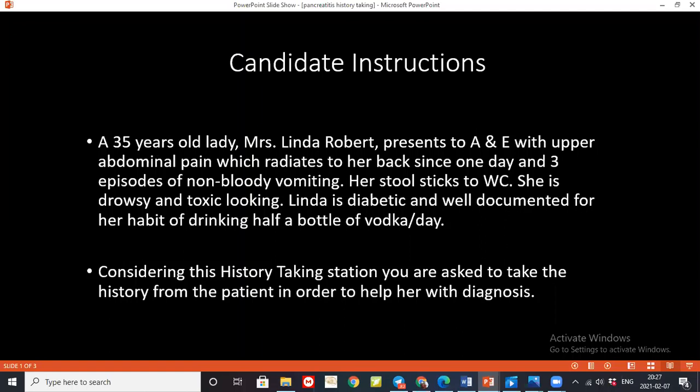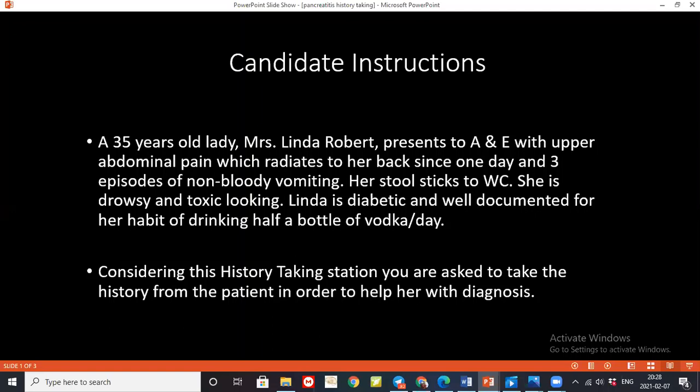So today I'll be asking you a couple of questions regarding your condition. Is that okay with you? Yeah, sure. Okay. So what seems to be the problem? I'm having abdominal pain in the upper abdomen, on and off for the last 6 months, and it keeps radiating to my back, and sometimes it's associated with a lot of vomiting, and my stool sticks when I try to flush it off, and I also have a bit of weight loss since 6 months. Oh, I'm sorry to hear this.